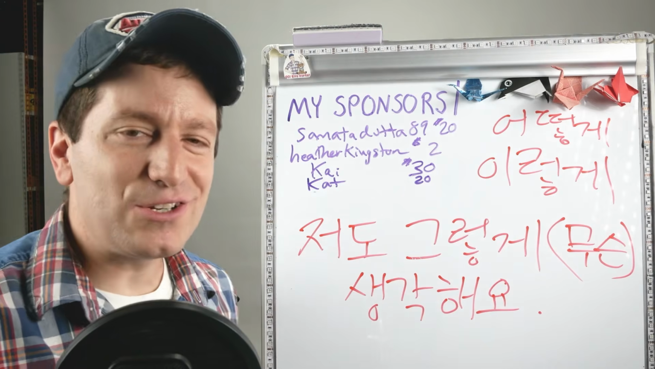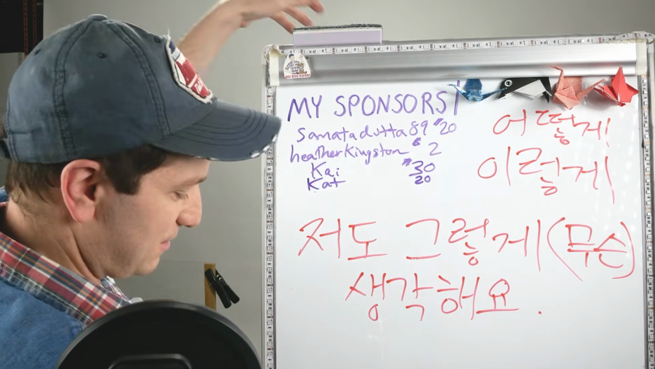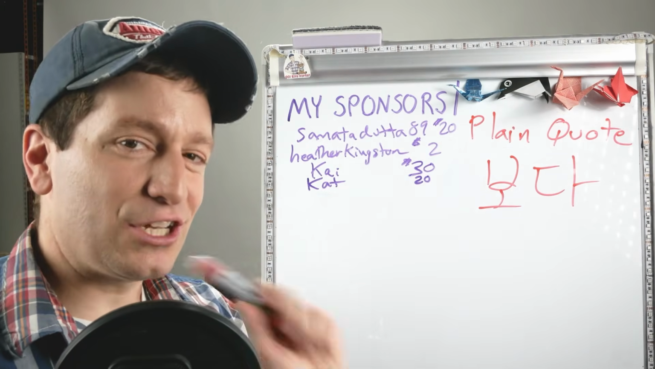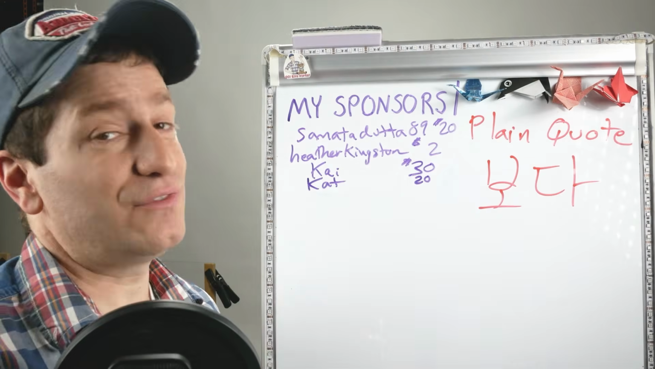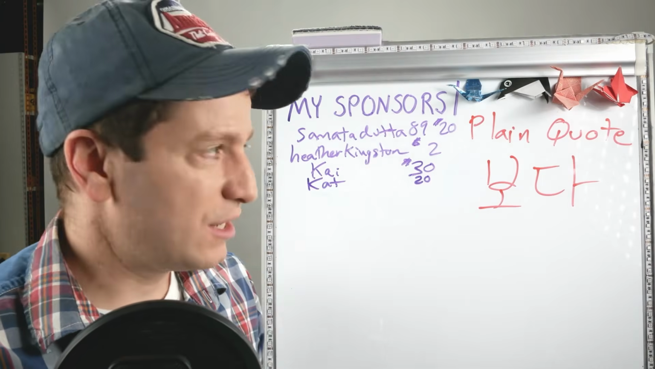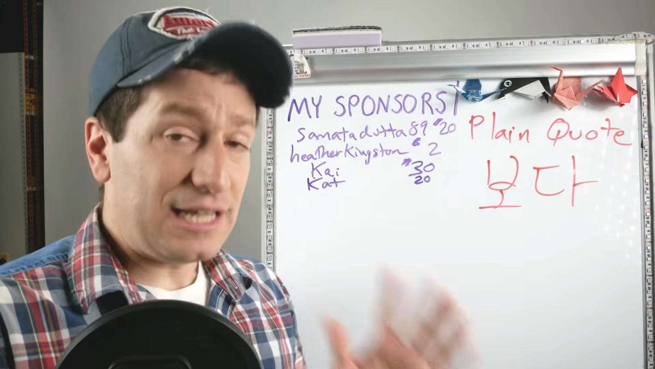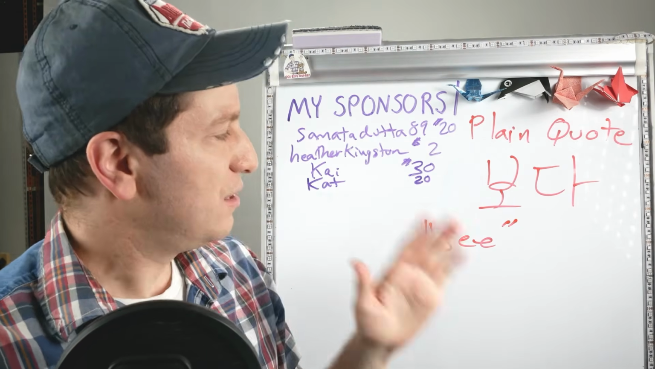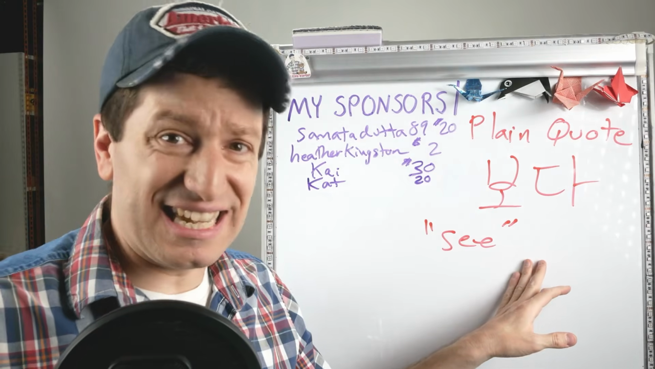So let's go on to our main form then. 보다. 보다 literally means to see or to look. And it's an action verb. It has a lot of uses. But if you use it after a plain quote, it means to think. Literally, it means that you see something a certain way. You're saying, the way I see it is...